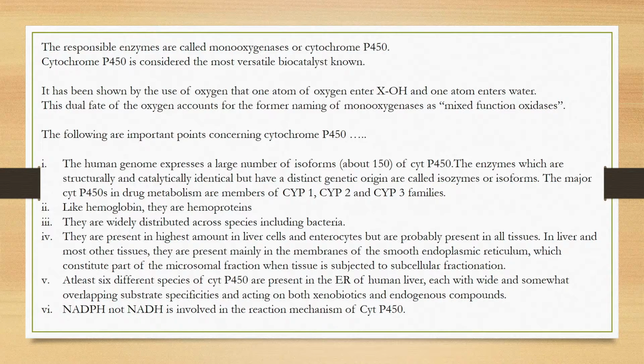Like hemoglobin, these cytochromes are hemoproteins, and they are widely distributed across species, including bacteria. They are present in highest amounts in the liver cells and enterocytes, but they are probably present in all tissues. In the liver and most other tissues, they are present mainly in the membranes of the smooth endoplasmic reticulum,